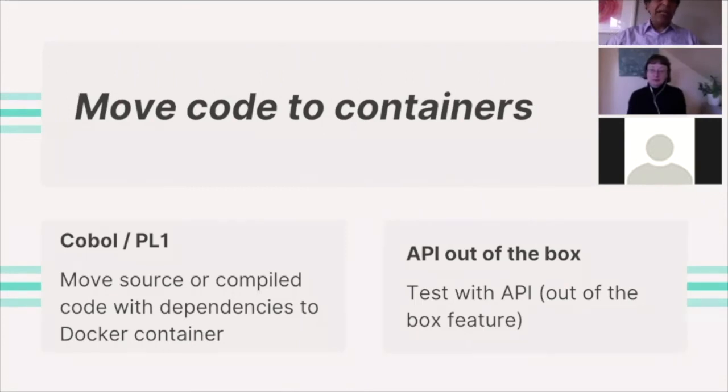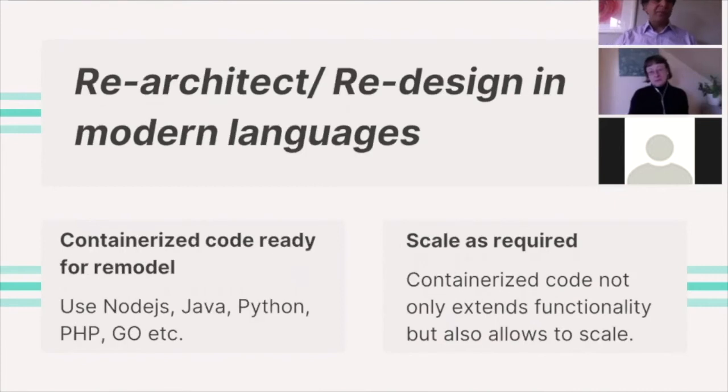You are no longer restricted to a particular vendor. It also gives you an API out of the box. What it means is the API can be used by other channels as well as your other products. You don't have to buy expensive API layers. At this stage, it also easily lends itself to your enterprise applications to extend the functionality.